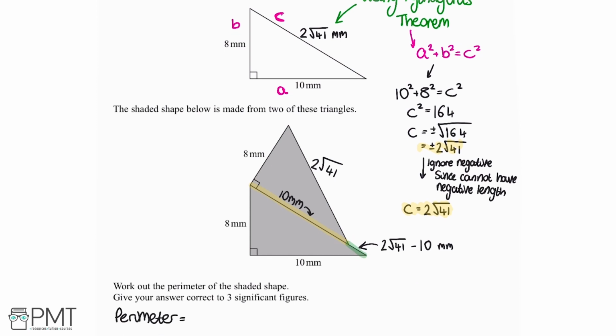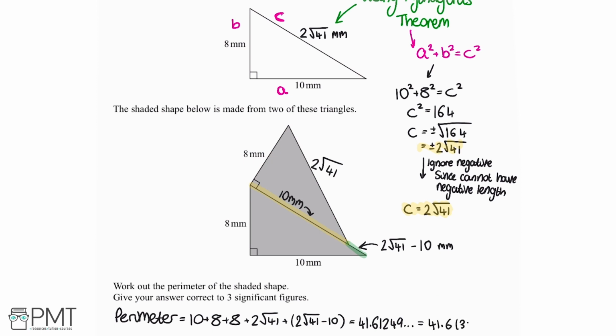So now we've got enough to work out the perimeter. The perimeter is going to be 10 plus 8 plus 8 plus 2 root 41 plus 2 root 41 minus 10. We get 41.61249... and you'll have even more numbers on your calculator. However, we want that to 3 significant figures. So the answer is going to be